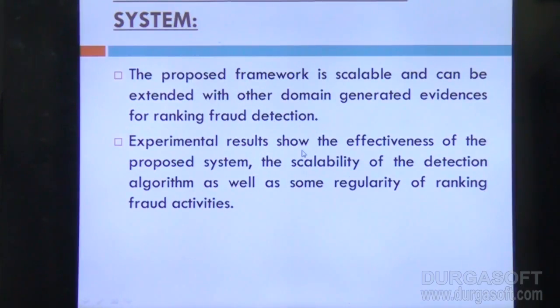And the experimental results show the effectiveness of the proposed system, the scalability of the detection algorithm, as well as some regular ranking fraud activities.